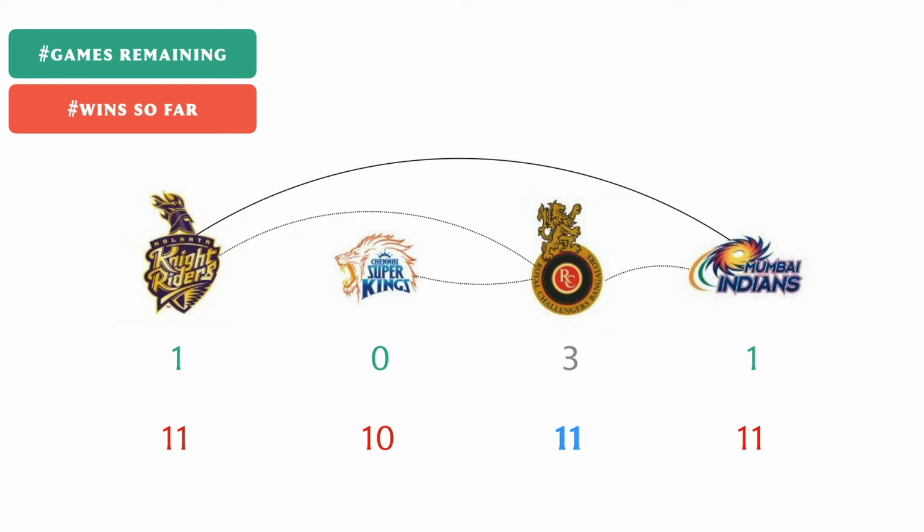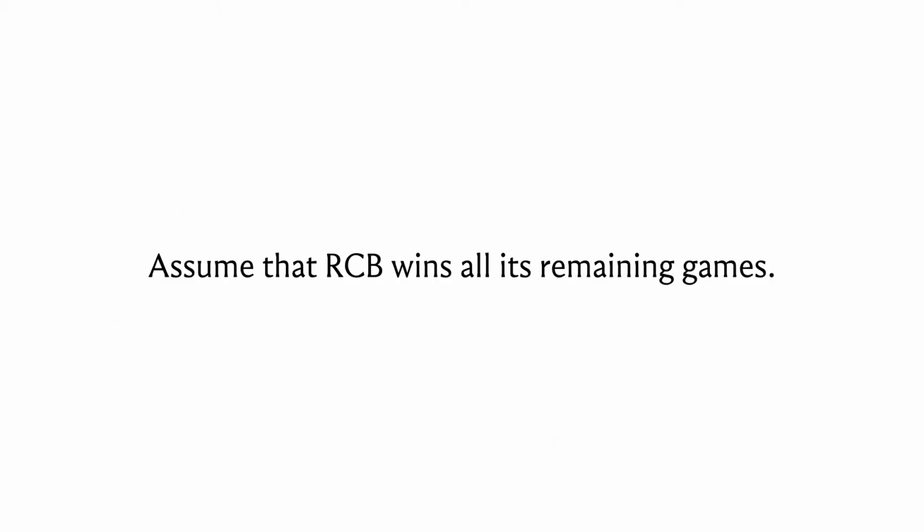designed flow network. Before getting to the description of the network, the first step is going to be what we just did with this example as well, which is that we are going to assume that our favorite team wins all of its remaining games. On these matches, there's really no point in guessing which way it should go. It's clear that we want our team to win all the matches that remain for it,